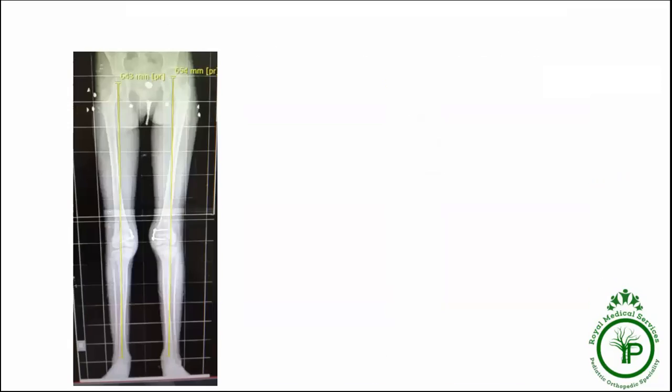So what we did is we removed one metaphyseal screw on the right side, and now we call it the dormant plate because the plate is sleeping. We are expecting some sort of rebound effect here at this place, and we have placed a plate on the other side to allow angular correction for